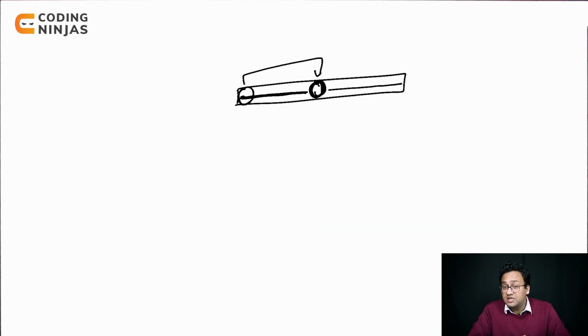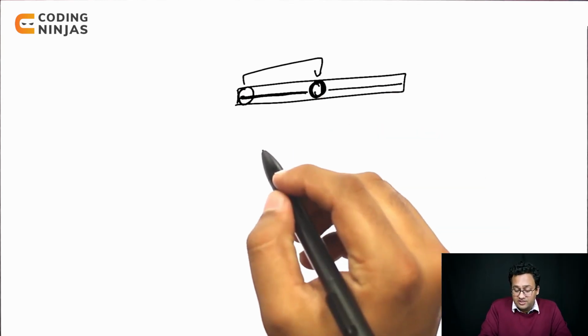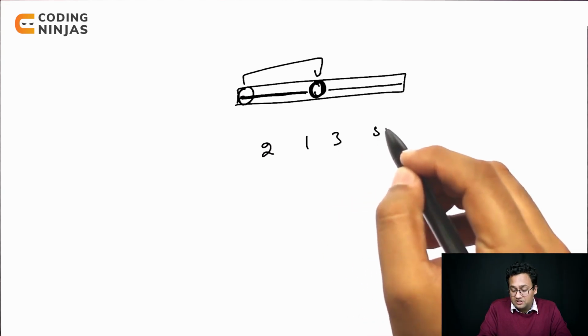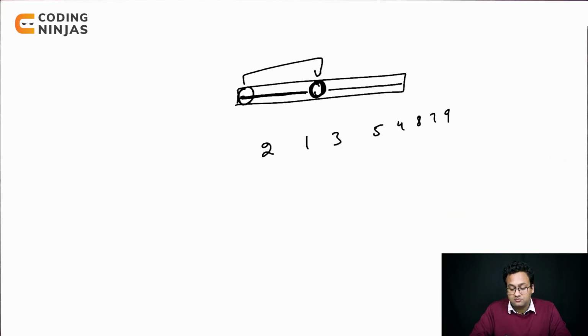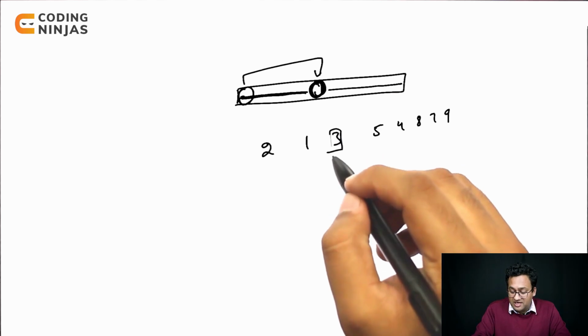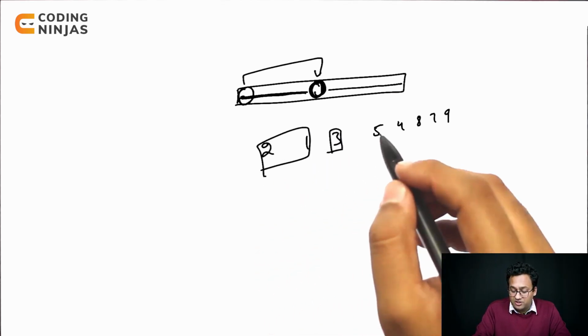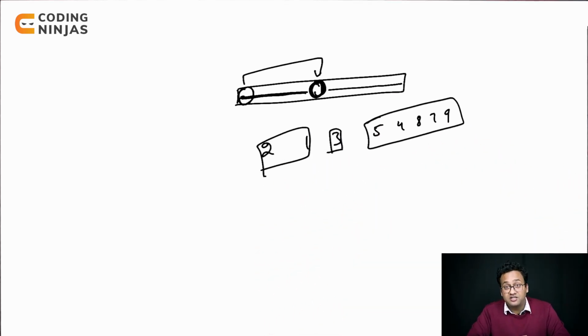This does not mean the array has become sorted now. For example, I could end up with something like this. So 3 is at its right place, everything on the left is smaller than 3, everything on the right is greater than 3, but the list is still not sorted. And we can decide what to do if you have multiple 3s. We'll take care of that as well. For now, let's just worry about unique numbers.